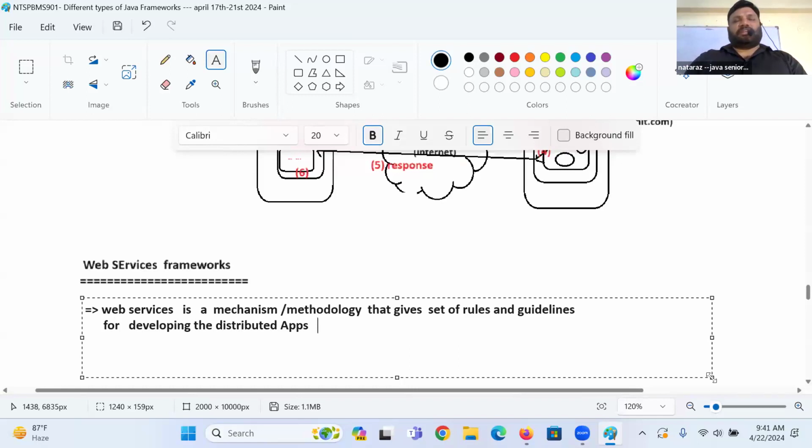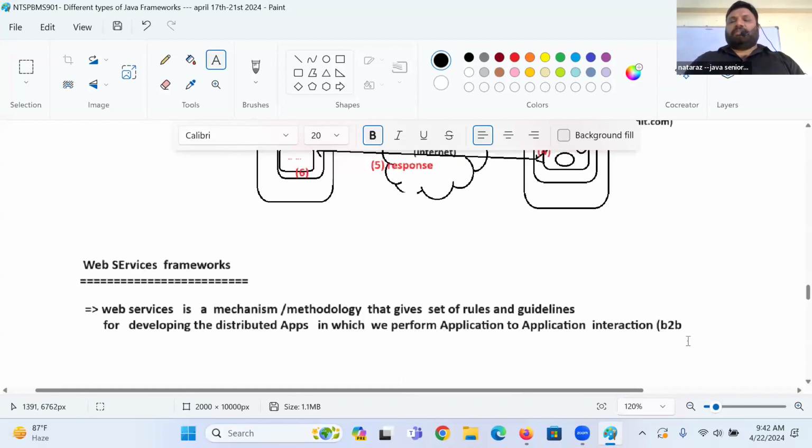Distributed application in which we perform what, guys? Application to application interaction. Nothing but B2B applications. What, guys? B2B application development.